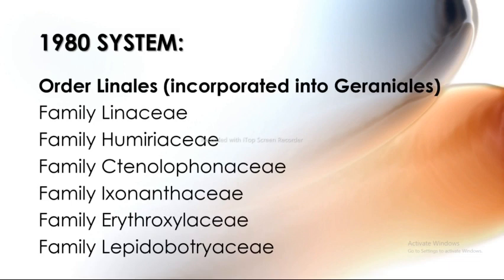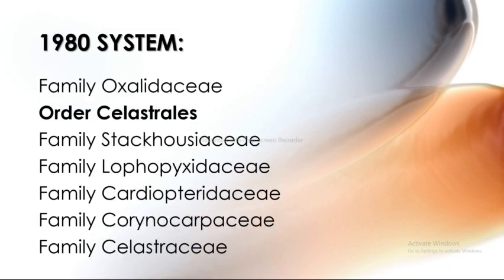Next order is the Linales. Linales incorporated into the Geraniales, and it includes the family Linaceae, Humiriaceae, Ctenolophonaceae, Ixonanthaceae, Erythroxylaceae, and Lepidobotryaceae. Next is the family Oxalidaceae, and the next order I am going to discuss is the